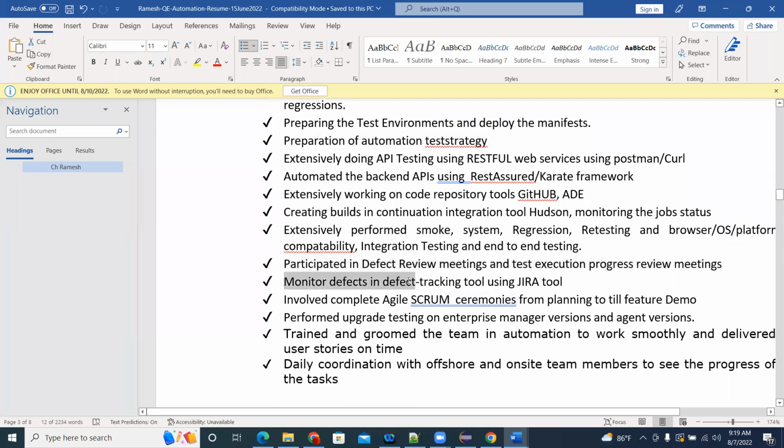Monitor defects in defect tracking tool using Jira. And involved in complete Agile Scrum ceremonies from planning till feature demo. This point, if you want, you can add in your roles and responsibilities. This is missing, right? If it is there, fine. If it is not there, include this also.